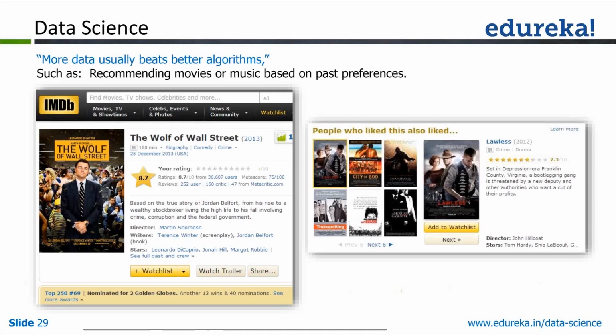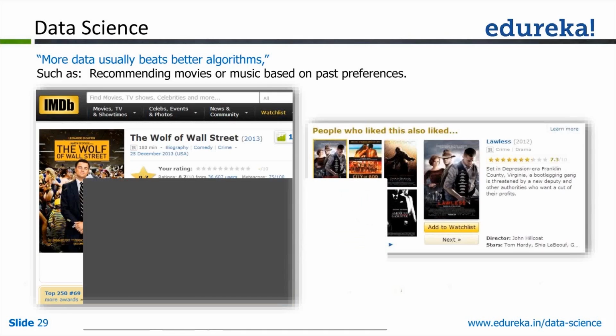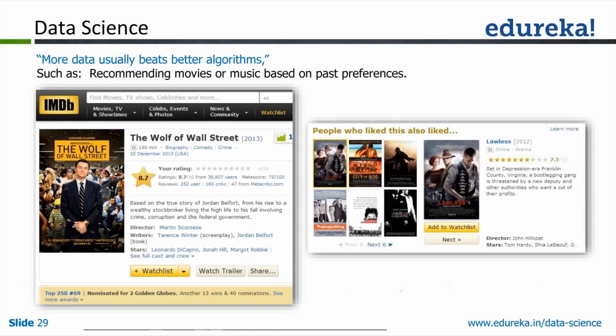But the point is these spam filters are essentially doing machine learning, which is again data science. You are analyzing all the emails from all the people in that particular company, and you are classifying whether a particular email is spam or not spam. That's a classification problem, which is again relevant to data science. Given all these examples, you can see what data science is, right? Essentially, data science is about understanding data and extracting meaningful and actionable information from raw data sets.